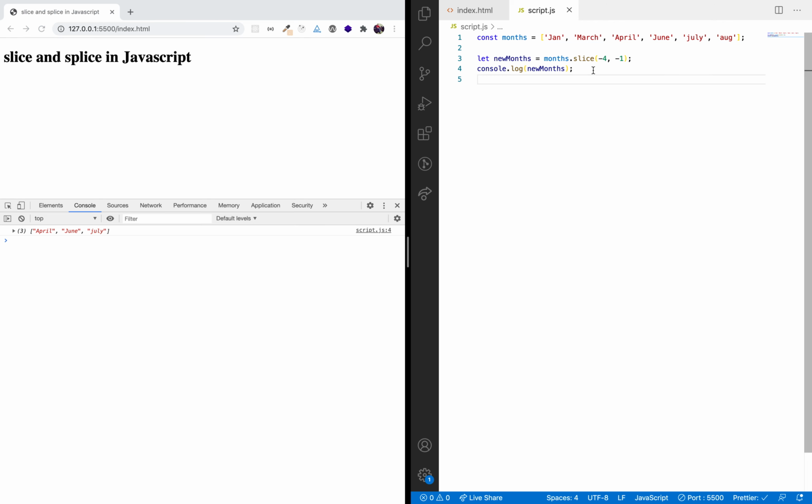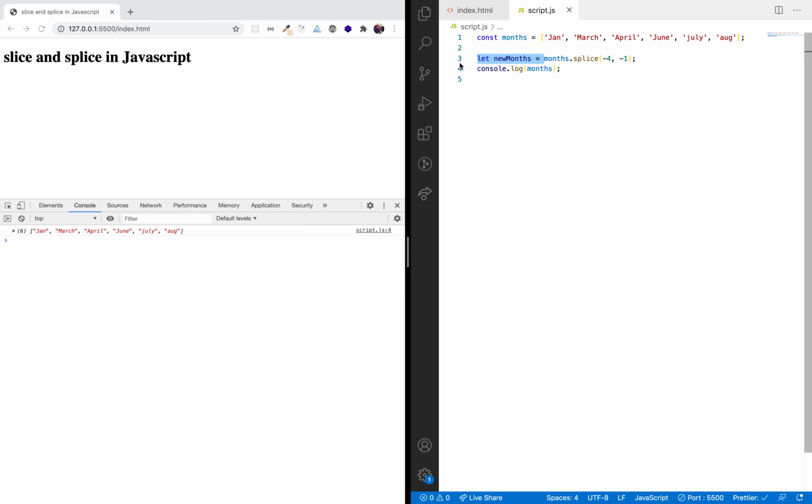Now let's discuss splice. The splice method does not return a shallow copy of the original array; it will mutate the original array. Where I want to mutate the original array, or replace some values in an array, I can use the splice method. If I use splice, I get nothing here, it just returns a blank array. If I console the months, then I'll get some value here, which means it mutates our original array.